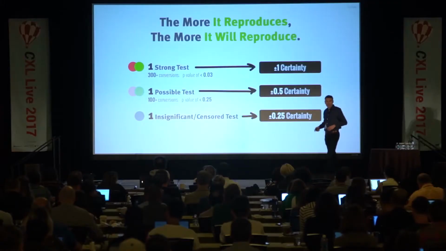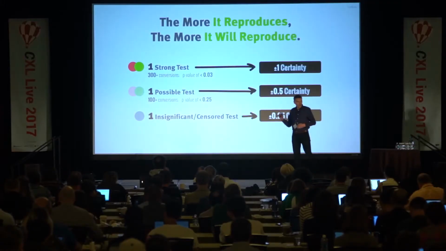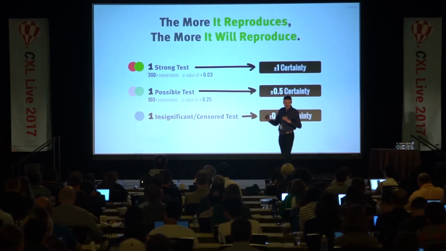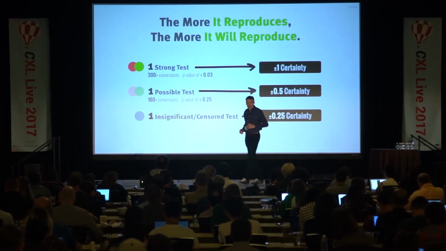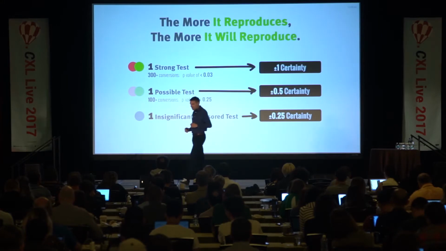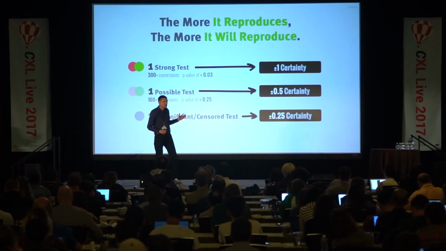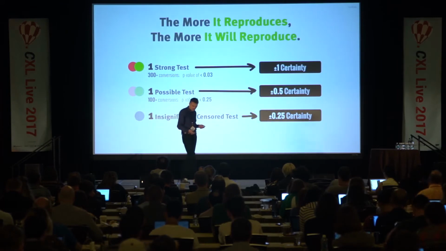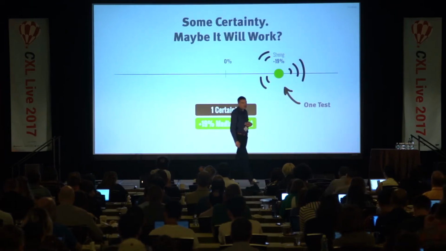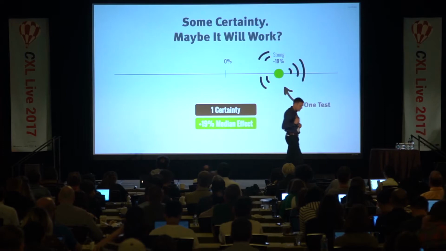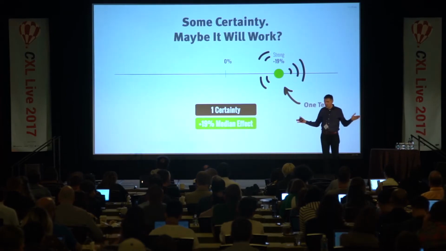Half point for a suggestive. For suggestive, a possible higher p-value, lower conversions, kind of like, oh, maybe something's there. And then insignificant tests, we also don't discriminate against them. So we give them a quarter point. And if we want to visualize what this thing might look like, if we start looking at many tests together,